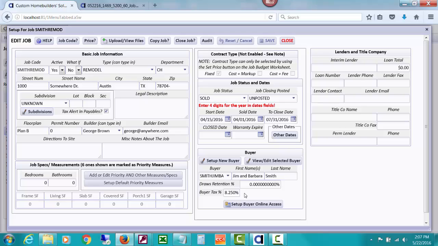And I did add a tax percent to the little budget that I did for it. I'm going to be charging sales tax to my home buyer, so in that case I should be exempt from paying sales tax to any of the vendors. Study up on your sales tax laws for more about that, but if you're into remodeling a lot, I think you'll understand this. I just checkmarked this because I wanted to remind the bookkeeper that for this particular job, I may not be wanting to pay sales tax on the invoice that we received. I also set up and attached a buyer, Jim and Barbara Smith, to this job, which is